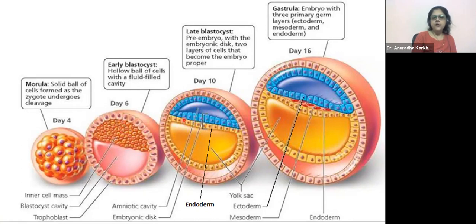So the inner mass of cells started to form a complete enclosure like this, which is called your endoderm. Then these were the epiblastic layers, which were going to make the ectoderm, right? And we saw that this is a cavity which is eventually called the yolk sac. This was the cavity which is filled with amniotic fluid, and this is the mesoderm which is going to be formed. So the entire description we have seen about how these structures are being formed.